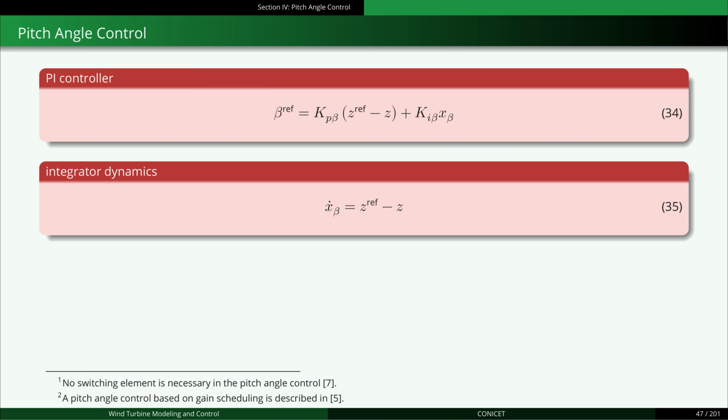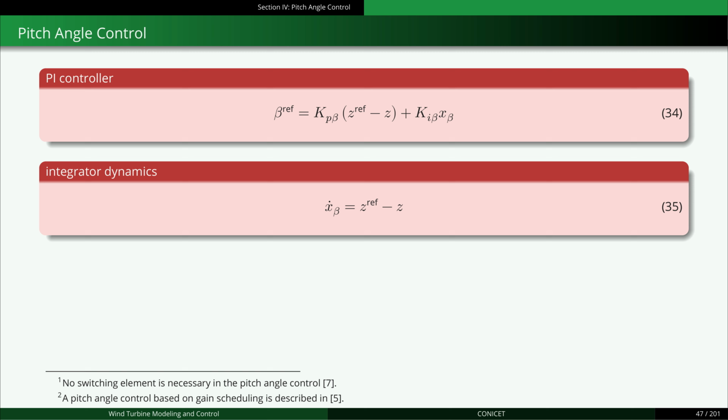Equations 34 and 35 represent the proportional integral controller. Due to the presence of limiters, anti-windup logic must be added when implementing this controller. This logic is similar to that of the limited integrator. Since this logic is used in several wind turbine control loops, it will be explained later along with guidelines for designing control loops. This control system automatically adjusts the pitch angle depending on the wind speed.